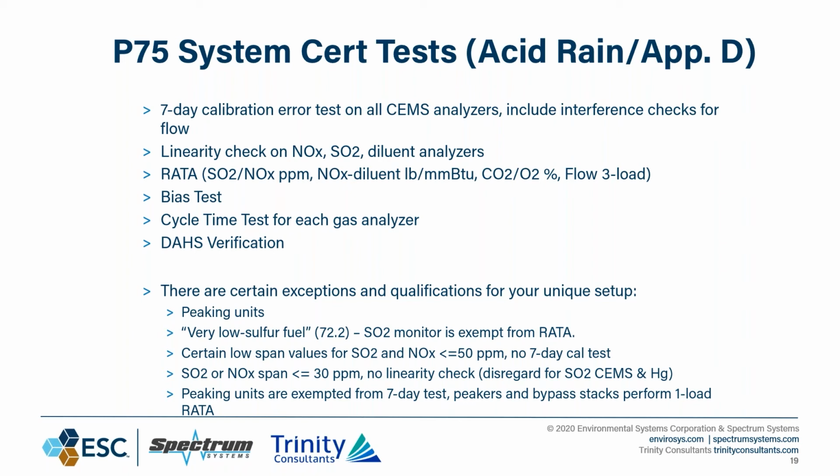If your low range span is less than or equal to 30 ppm, there's no linearity check, but they revived that with the implementation of the MATS rule if you are using your SO2 CEMS as a surrogate in a mercury monitoring situation. Peaking units are exempted from the 7-day test as well. Your peakers and bypass stacks perform a single load RATA. There's just lots of exceptions and qualifications